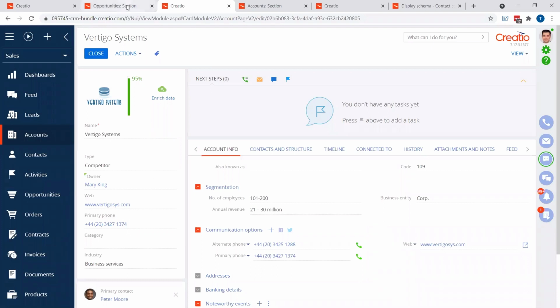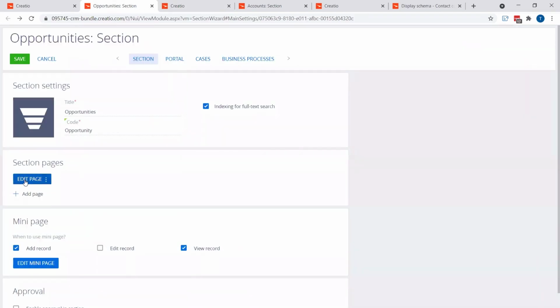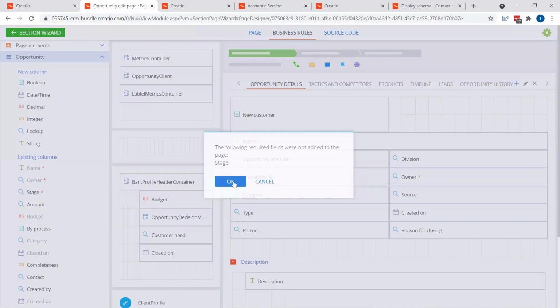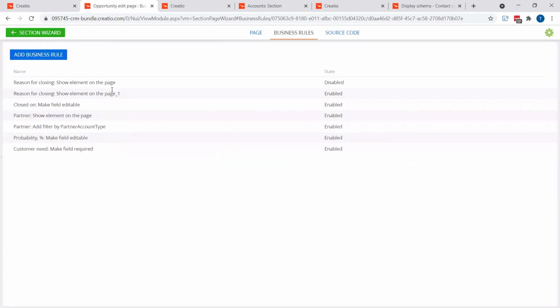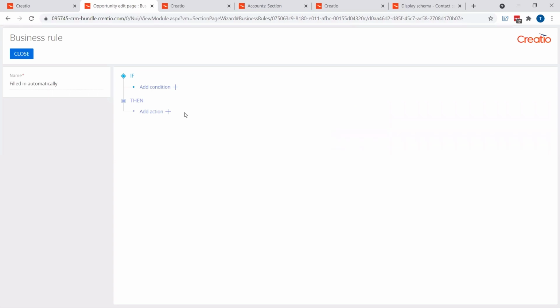So if I jump back over to Creatio, we're going to go back into our opportunities section and go back into our page designer, and go over to our business rules. And again, we want to add another business rule related to the reason for closing, but it's a distinct action. So it's going to need to be an additional business rule, just like we saw with the multiple business rules